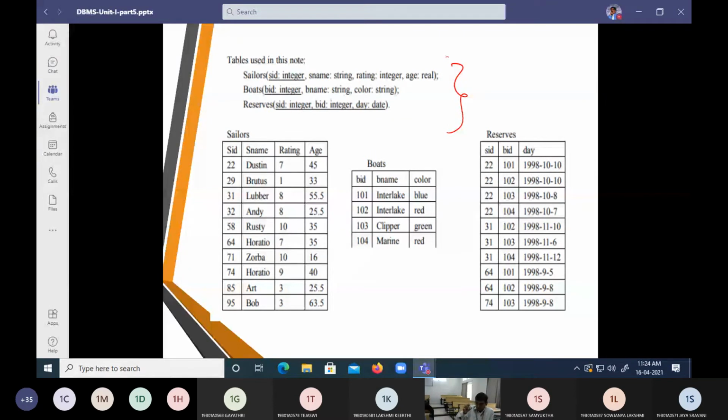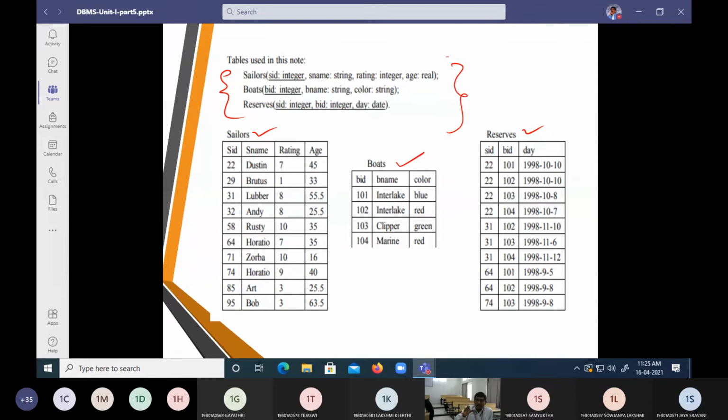So if we want to take up Unit 2 and Unit 3, we should have the basic concepts of this. We have table names called sailor, followed by boat, followed by reserves. Using these three tables only, we are going to build the SQL queries.